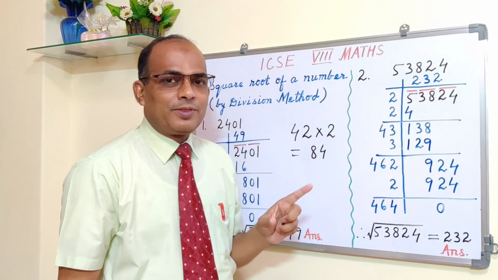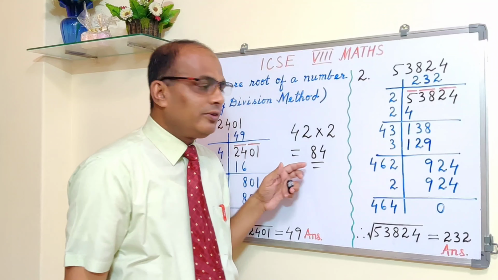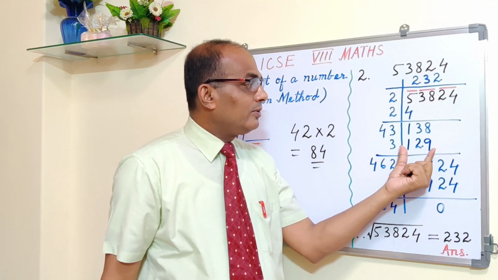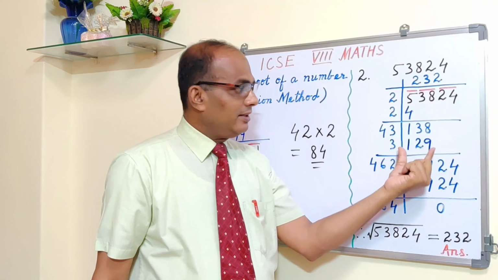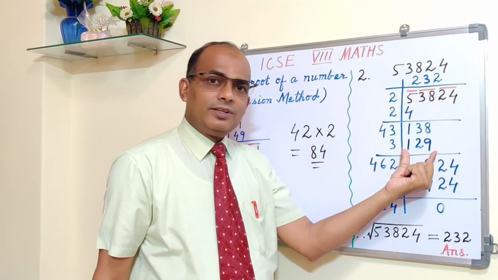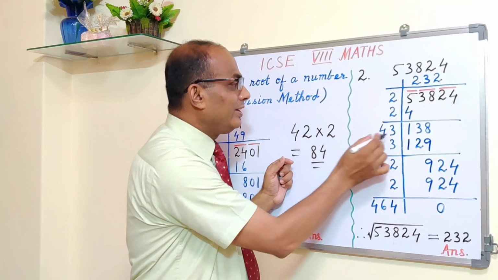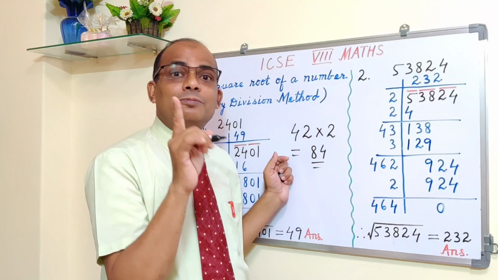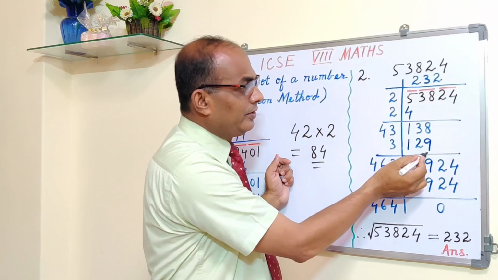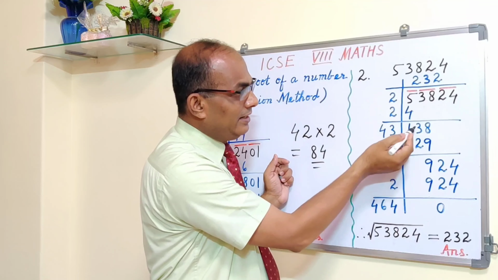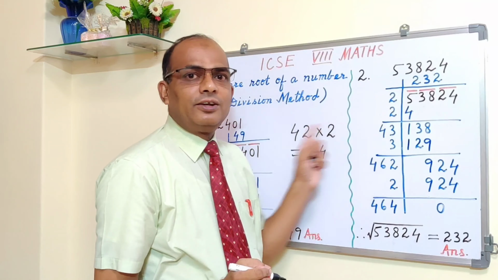Now you tell me, here you are getting 84 and here you are getting 129, so of course we have to take 129, because this is also a number which is less than 138. This has to be either 138 or less than 138. Alright? Fine. So that means out of 2 and 3, 3 is the greatest possible digit. Because when you are taking 3, then also you are getting 129. The condition is satisfied. 129 is smaller than 138. So that's why we are taking 3 and not 2.